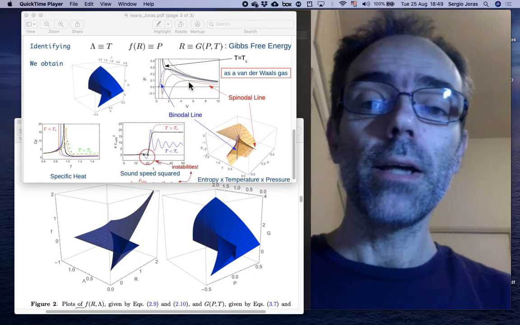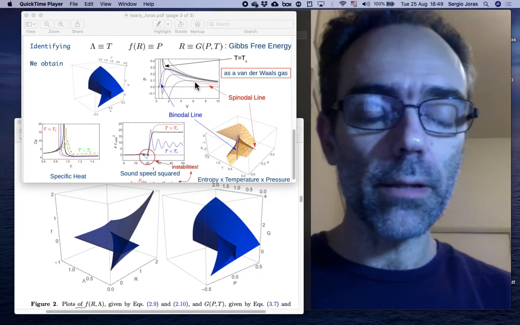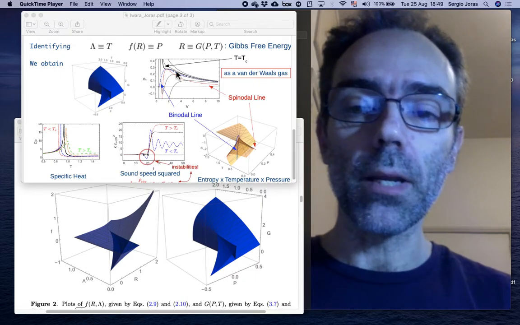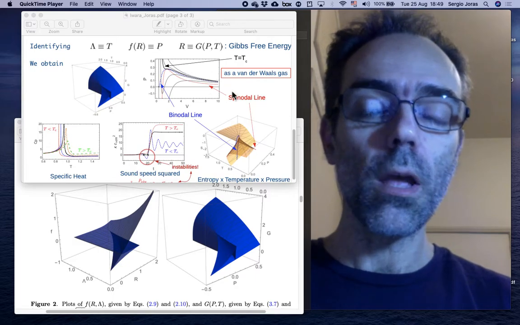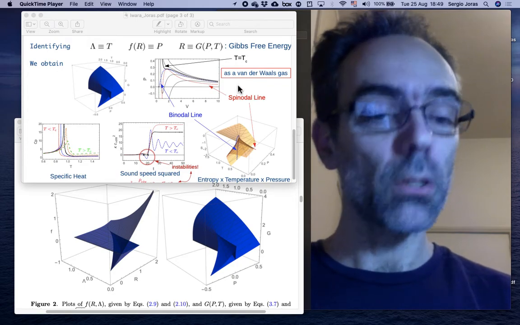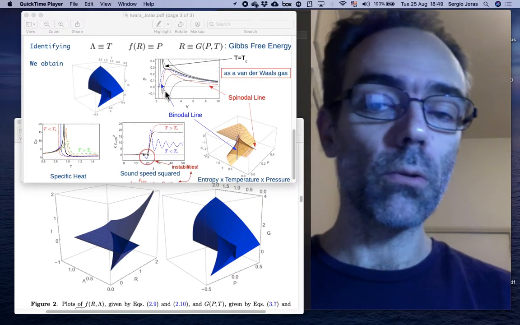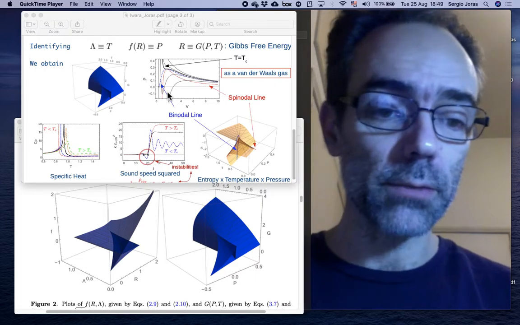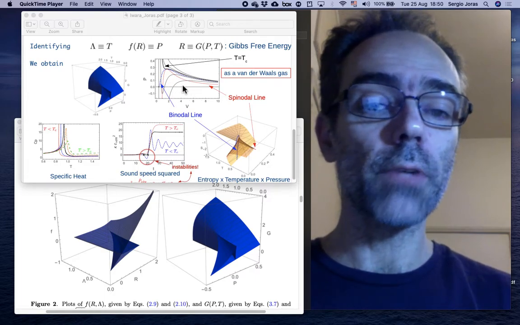So I can plot pressure as a function of the volume for this new interpretation, and we have almost exactly a van der Waals gas. It's not the same analytical expression, but the main features are all here. Namely, above a critical value of the temperature, we have an ideal gas behavior, and below this critical temperature, we are able to plot the binodal and spinodal lines. And let me remind you that the region between the binodal and spinodal lines is the region of metastability, like a supercooled gas, for instance, and the region below the spinodal line is the region of instability, where